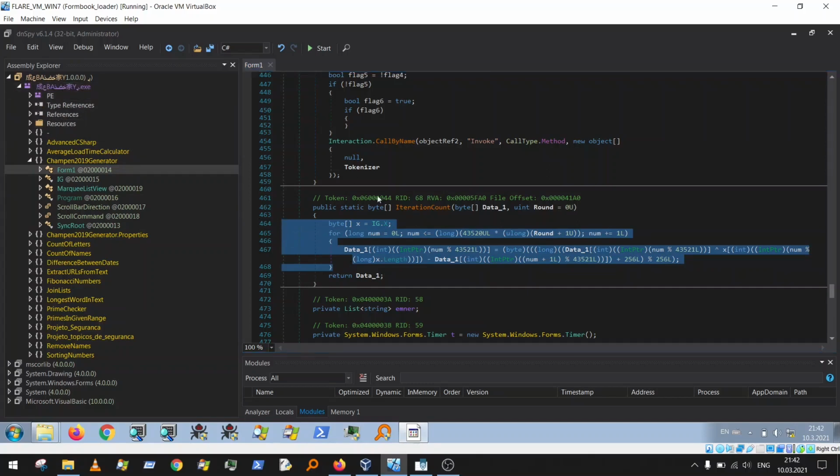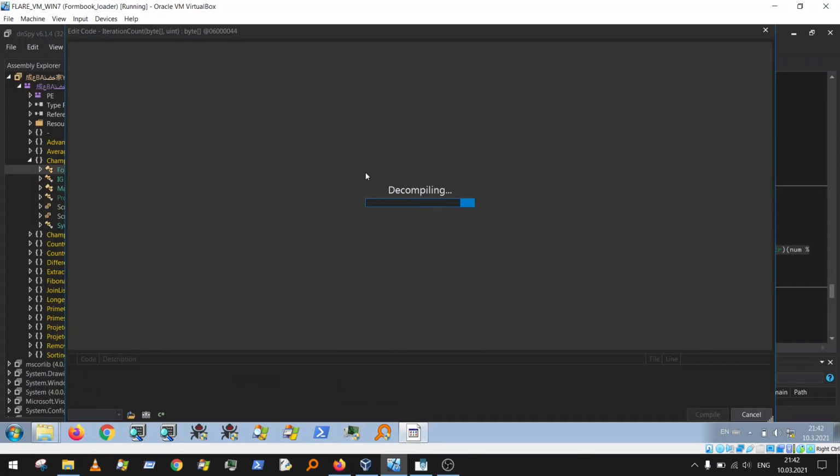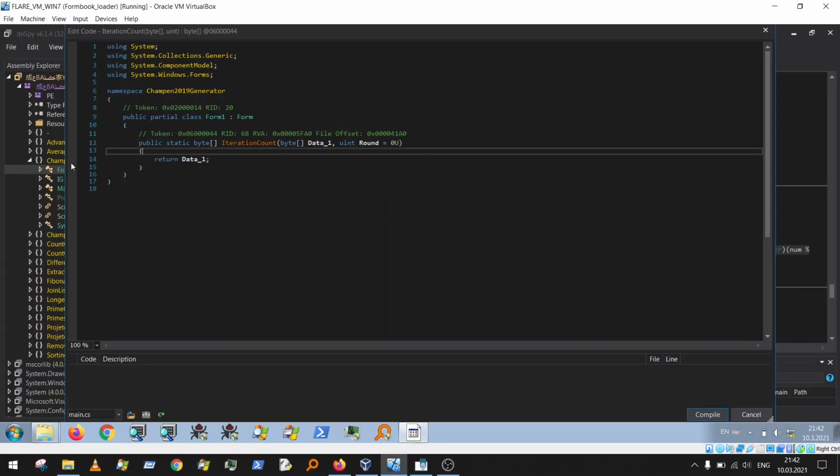So just simply press mouse right click and press edit method C#, and basically you can edit the C# code in the decompile view. You don't have to use the edit IL instruction. I will show you later. And mark it and delete it. Basically it will only pass data 1, which are the bytes of the resource Unity 3D, and it will return them. So that's okay, that's what we need. Compile,